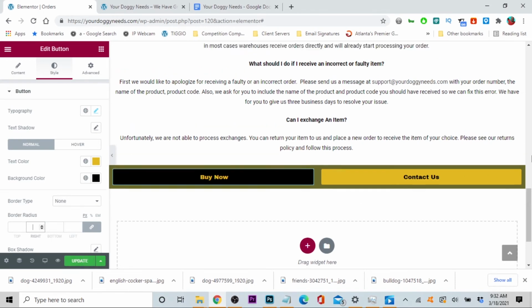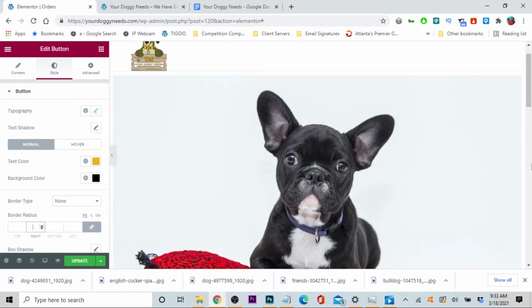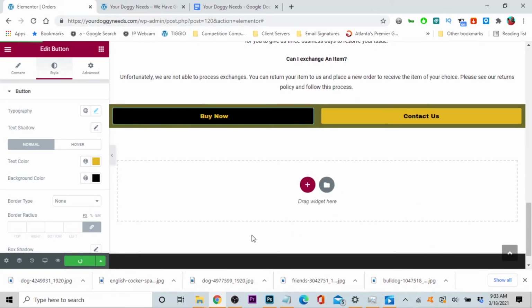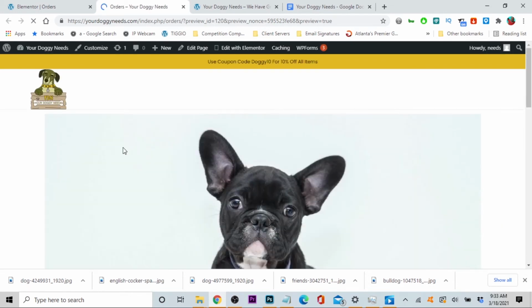Now, let's scroll up first. Let's view the page, and then let's hit save. And then after we hit save, we always want to review your page. So, preview the page. So hit this eyeball here, and let's view the page. And then we're going to go to our